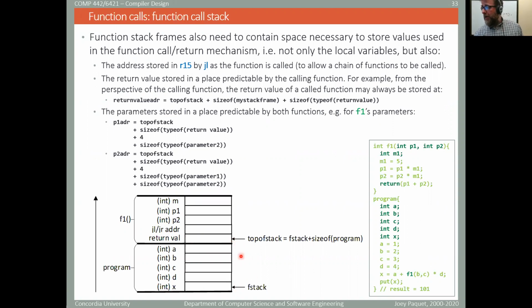Okay, so when I'm about to call f1 here, I increase this variable by the size of the stack frame of the program function. So that now when f1 executes, it's going to use this address as the base plus its own offsets to refer to its own